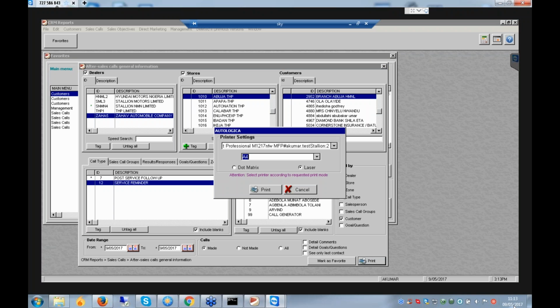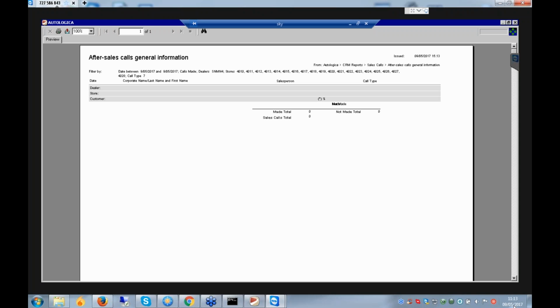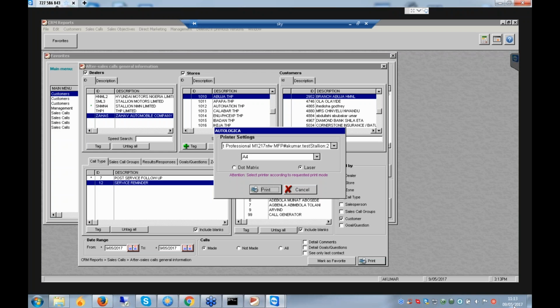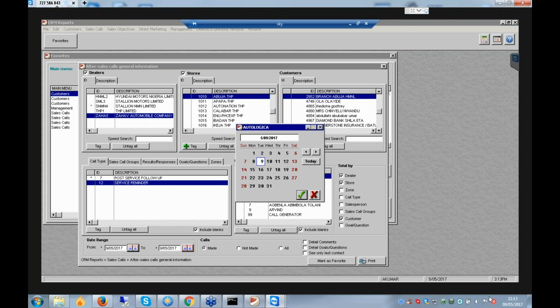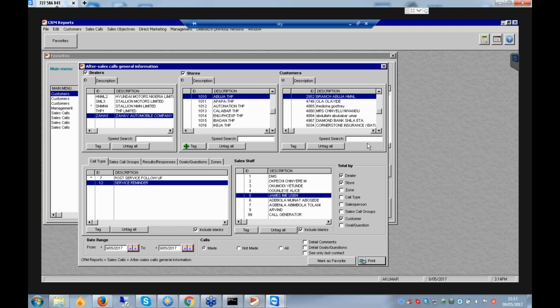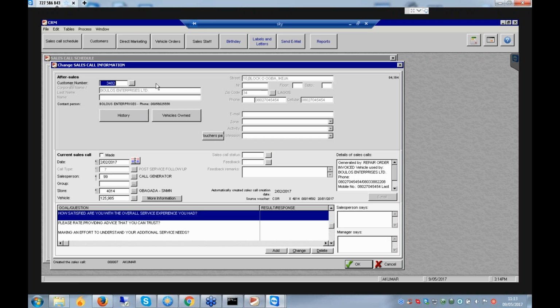Expand the date range because you only have May and your contact was in February. So it means it is not the call date, it is the date of the invoice. Let me show you. If you close this contact, this is the date.